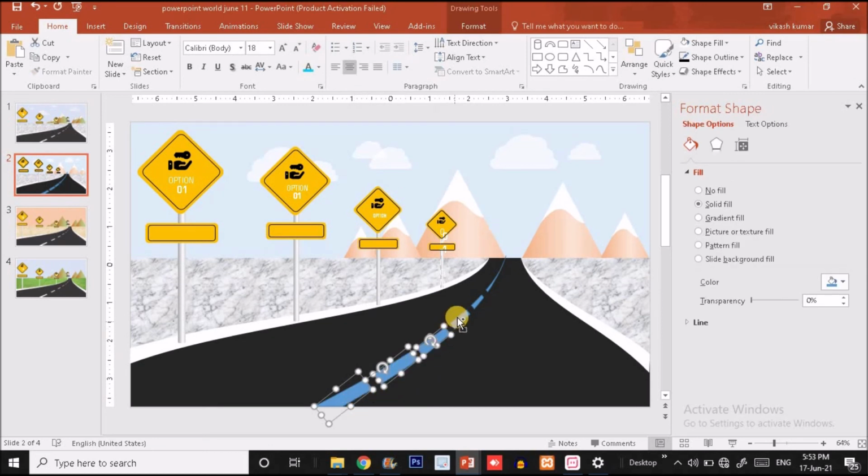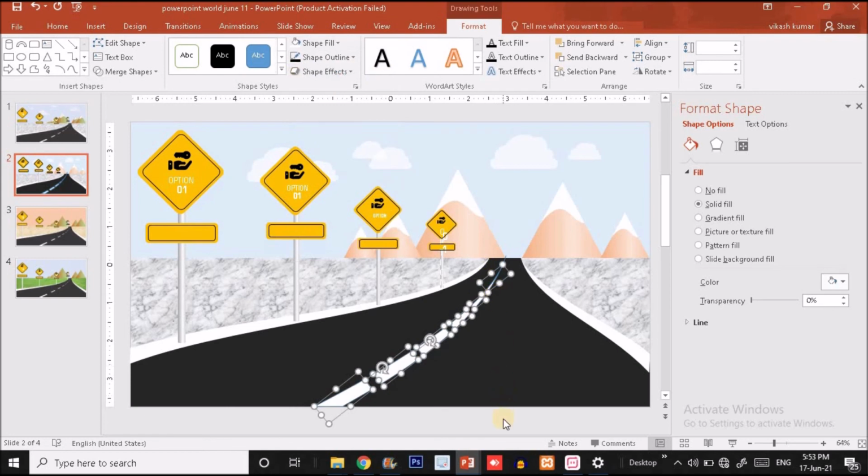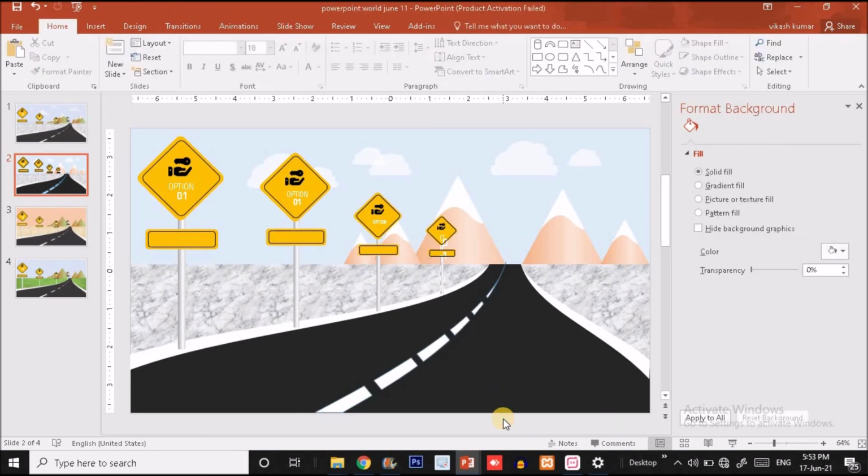Now select all this fragment part and fill it with the white color. Okay, so I'm going to fill it with the white color, guys. Okay, now it's done, guys. So as much time as you give to a presentation or an infographic, the infographic will become better, guys. So this is the tutorial I just explained to you.